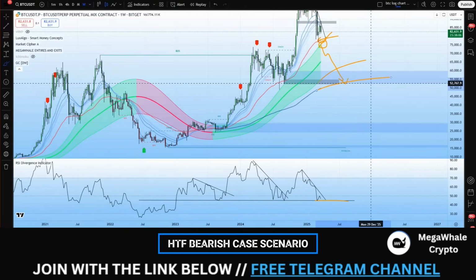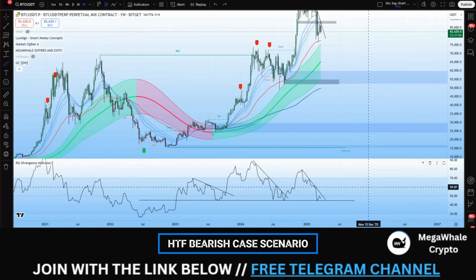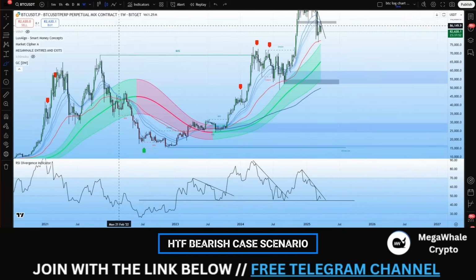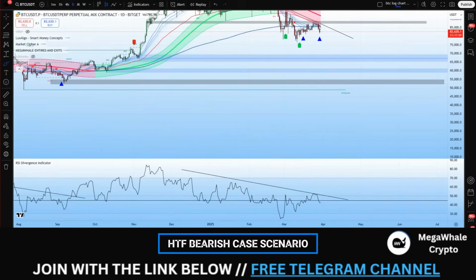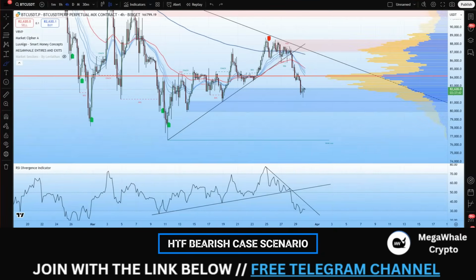So a lot is happening here, guys. Bitcoin is really on the edge of the cliff, quite literally on the edge of the cliff. This is right here. This is a cliff. And if we drop below here, we do run the risk of a much, much steeper and much, much more aggressive correction for Bitcoin. The hope is, and this is the saving grace for Bitcoin, let's just go back to the weekly, sorry. The saving grace for Bitcoin is, can Bitcoin, this is a big if,